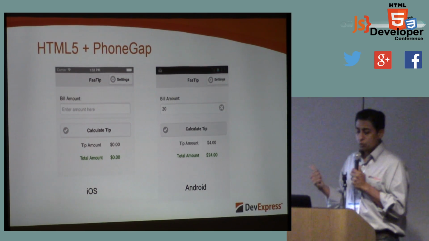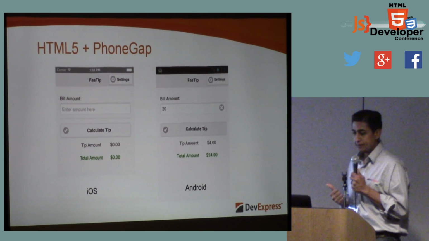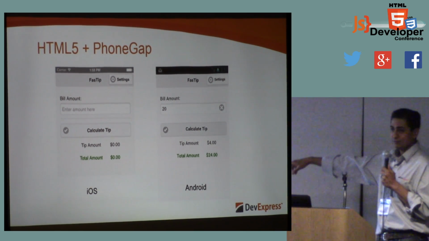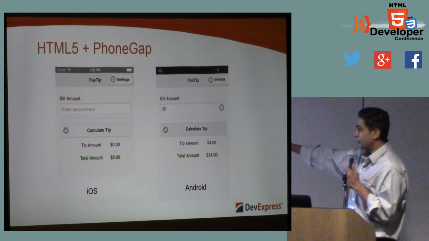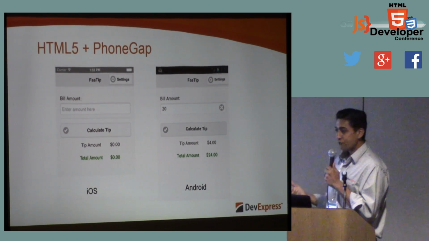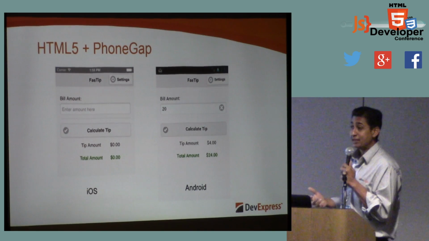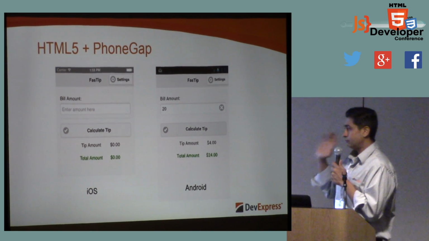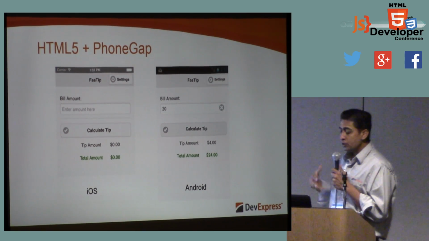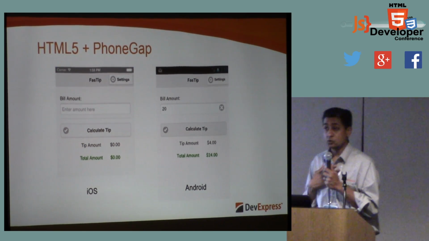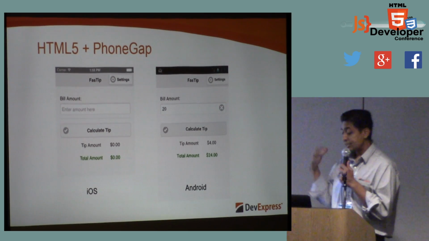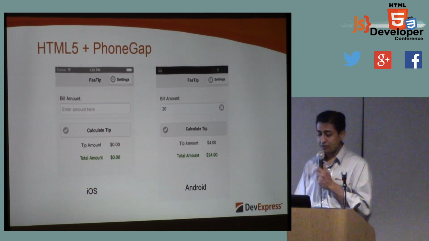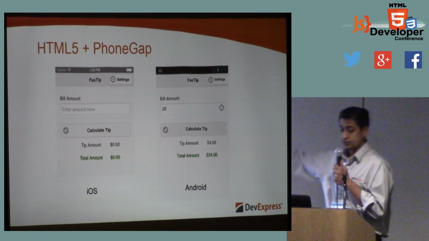But the biggest problem with the HTML5 and PhoneGap approach is that when you write for iOS and Android, that's how it looks. And that's not native. And that's what your users know. Your users will obviously know, like, yeah, this person has obviously not put in any effort to give me a decent experience, right? I mean, fair enough. If you're just trying to get something up and out, PhoneGap is great for that. But what I like to use PhoneGap for is really to access the native resources. And I think that's its best field. So what you want to do is invest in a library that does something beyond this.